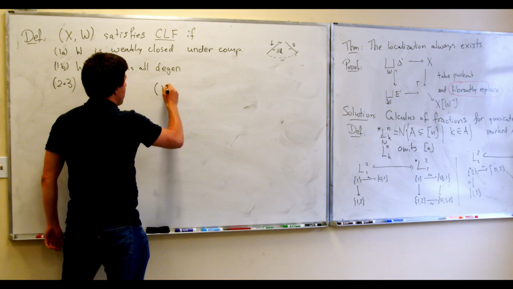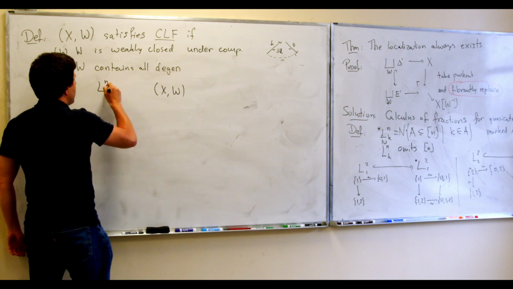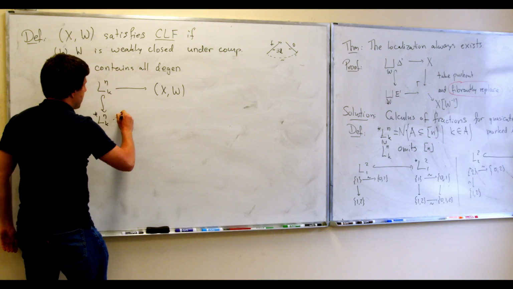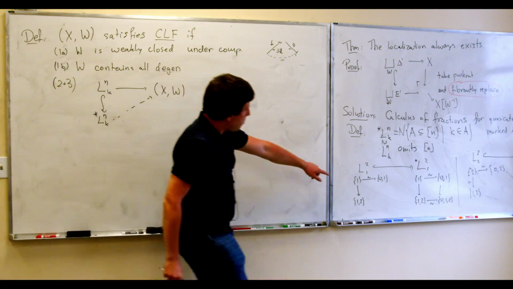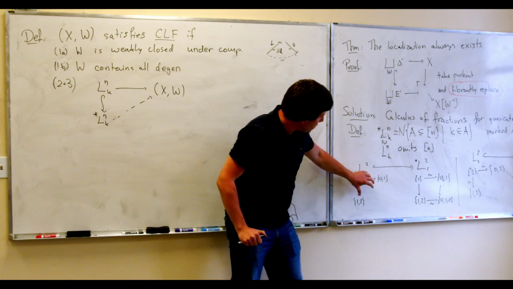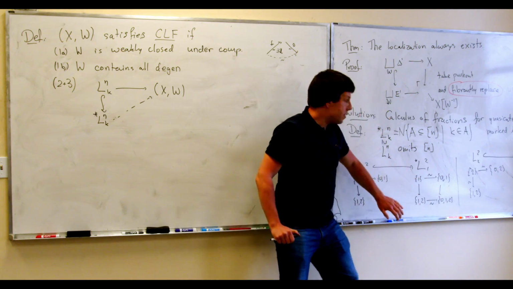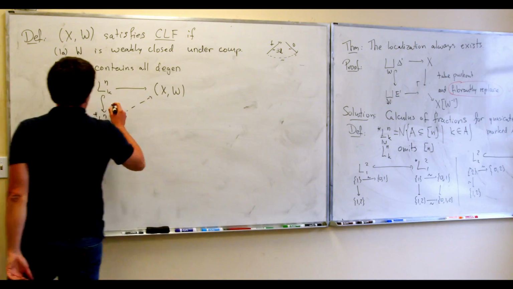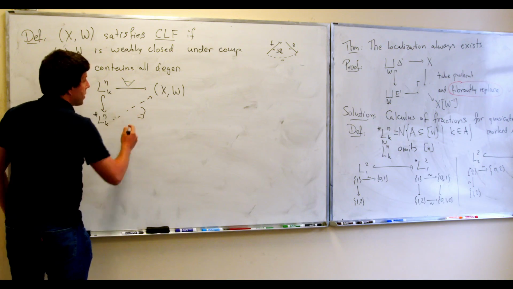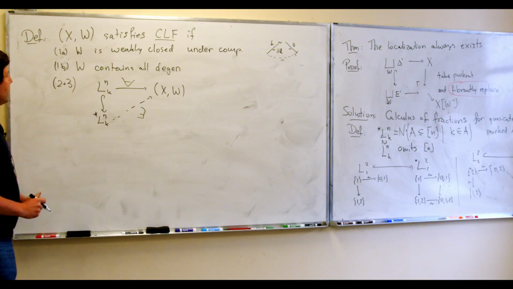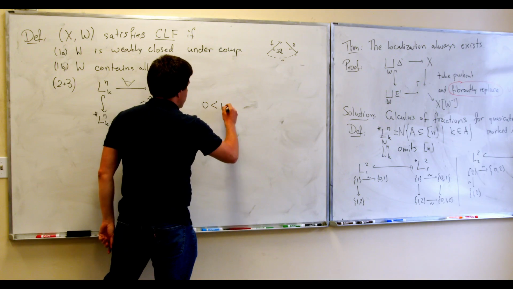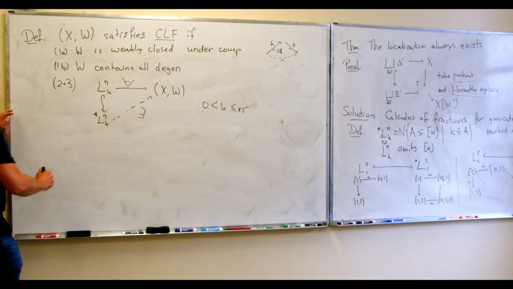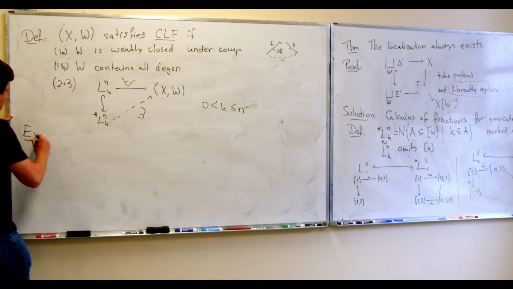Namely, that if I have marked maps from L and K like that, I can always complete them to maps like that. Okay, and if you remember what I required for my calculus of fractions, it was exactly completing diagrams like this, and then if the two things were weak equivalences, then those two things had to be weak equivalences. So having lifts of that form is exactly calculus of fractions. So here I'm requiring that 0 be less than k, less than or equal to n. Okay, so this is the replacement for calculus of fractions, and just a sanity check.